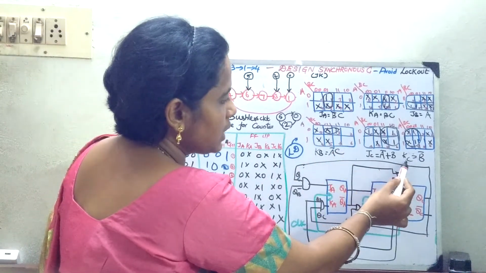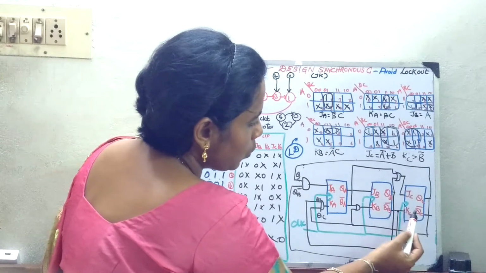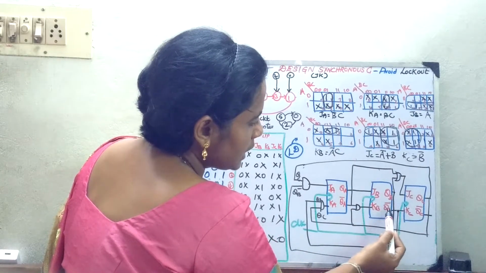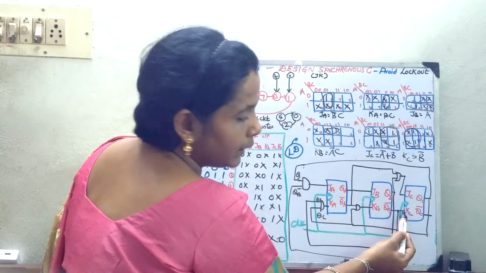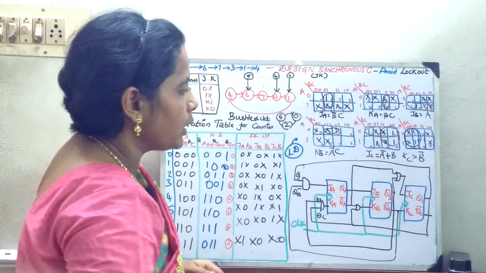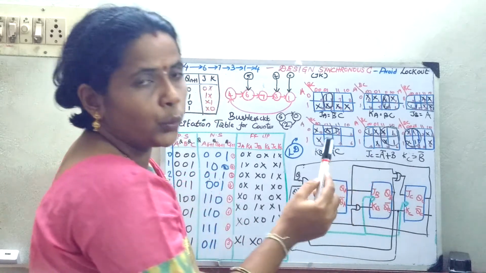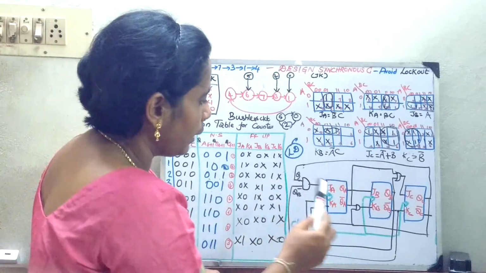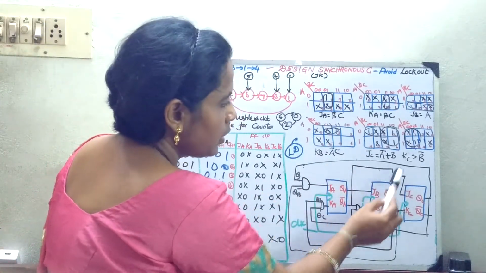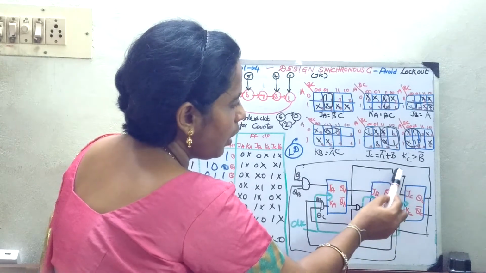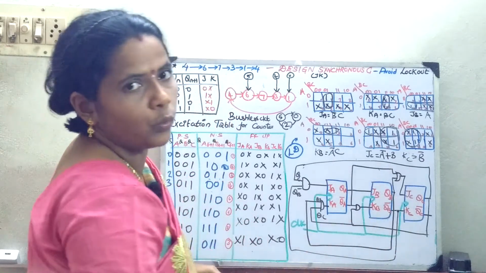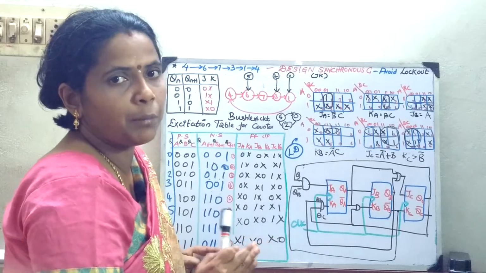So we will see what is KC. KC is B bar. So directly I can connect it. Okay. Now what is my JC? JC is A bar plus B, that is QA bar plus QB. What is QA bar? From here you tap a point. Then QB, give an OR gate. So this function is over. The JC and KC diagram has been drawn.